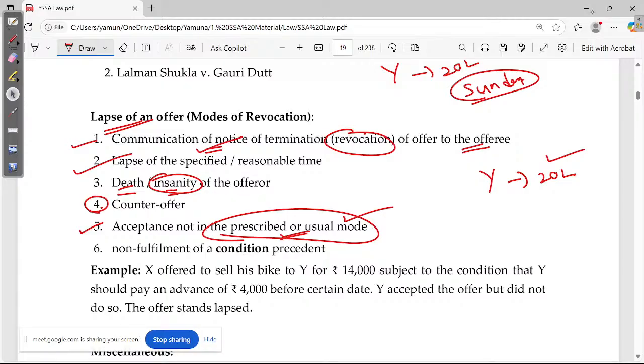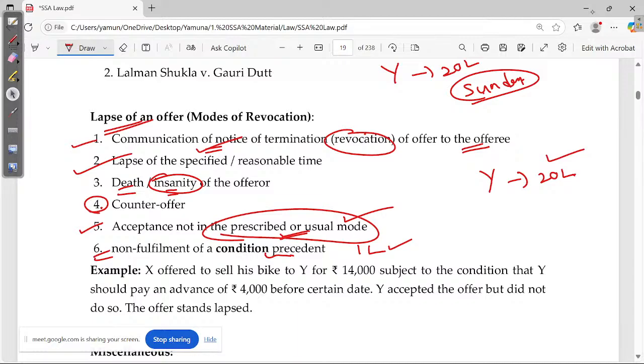Okay. Non-fulfillment of a condition precedent. In case I am asking you to give some advance money, the car is 20 lakhs because I need to hold it for your purpose. Kindly pay 1 lakh as advance. Then I'll hold it. When does this have to be done? Before Sunday, before the prescribed time. You are saying, I will buy, ma'am, but you're not paying the amount. Then how can I hold it for you? It is not coming as per the terms and conditions.